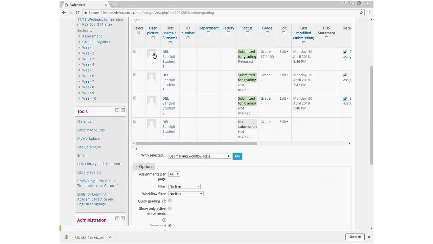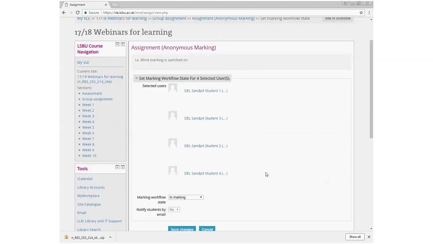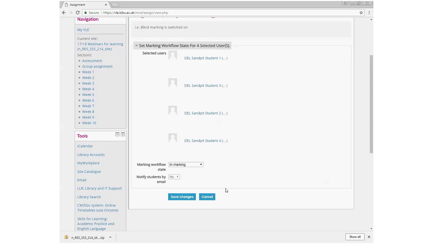Oh, sorry, my mistake. Before we do that, we need to select all the students. Once we select all the students, the page changes color, and then we set marking workflow state and click on go. And then go OK. A new box turns up, and then for all of those students we want to release the grades, so we click released, and we have the option there as well to notify students by email as well, which is probably a good idea, so that the students know that their grades have been released. And then we click on save changes,